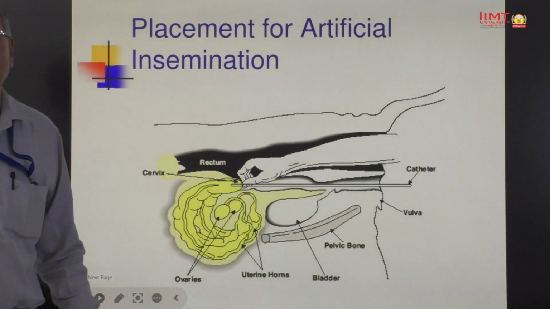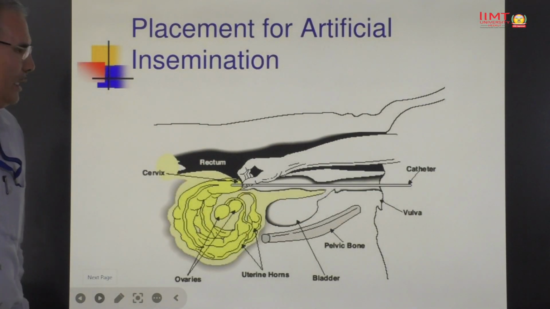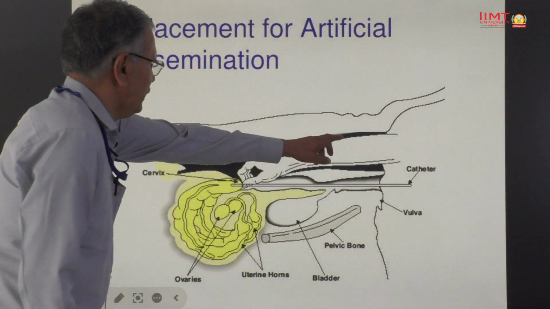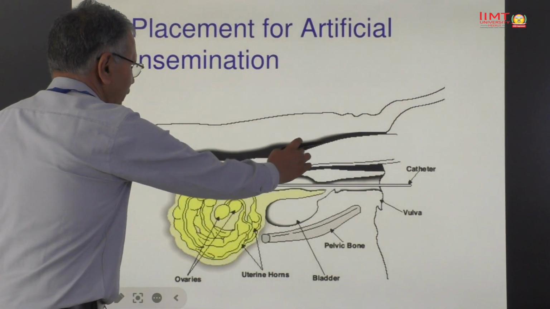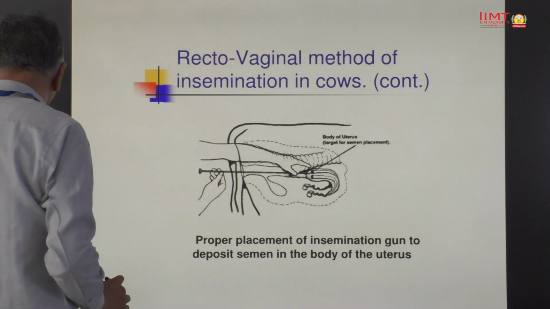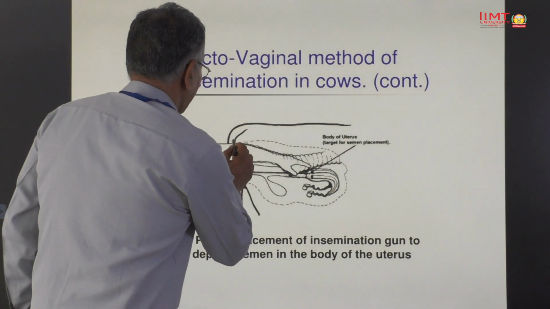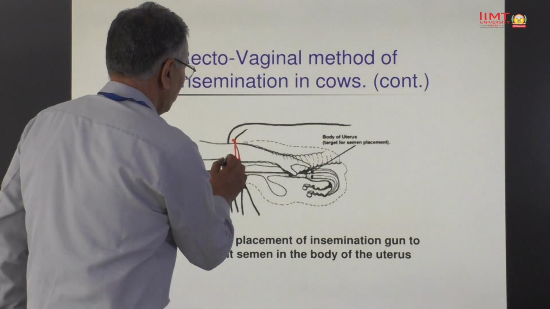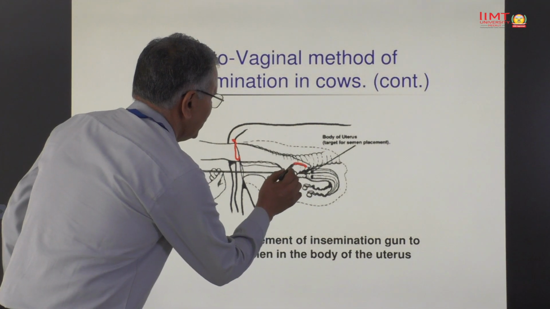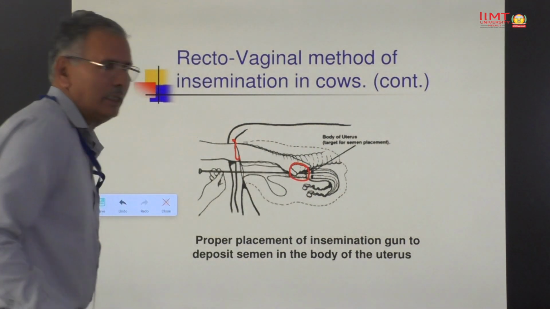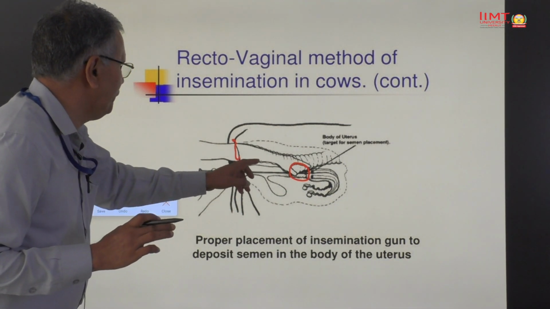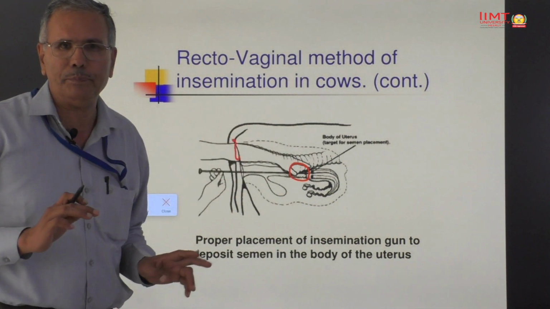This picture is also showing the artificial insemination. Here, this is somewhat clear. This is the left hand of the inseminator. Put it into the rectum. This is the rectum. This is the rectum of the animal, and he puts his hand in the rectum and then catches this part. This is the cervix, and this part is situated between the vagina and uterus.